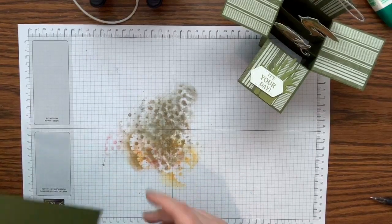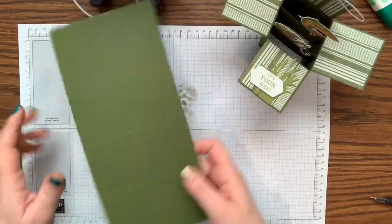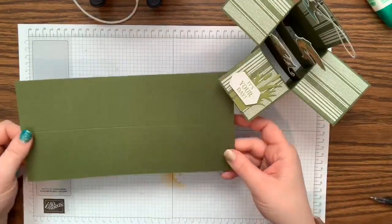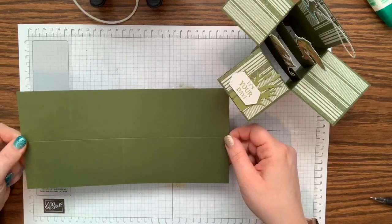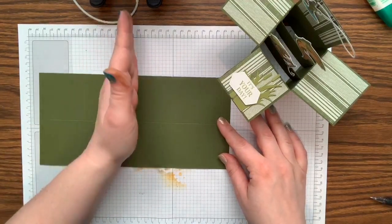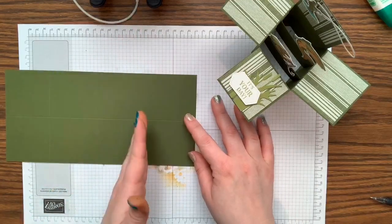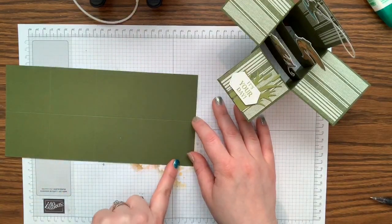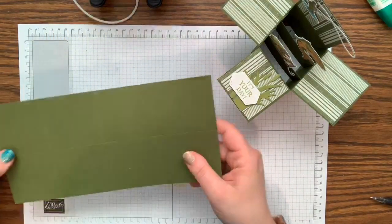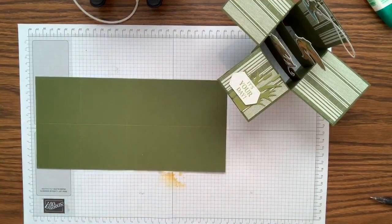I definitely cannot wait. Okay, so to make this card, you're actually going to start with a piece of Old Olive. This piece measures 10.5 by 5 inches. It's scored at 2.5, 5, 7.5, and 10. Then on the short side, you're going to score it at 2.5. We are going to fold those in just a second, but first, I want to get